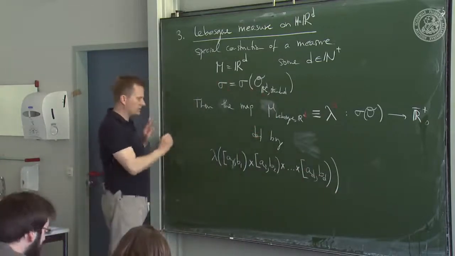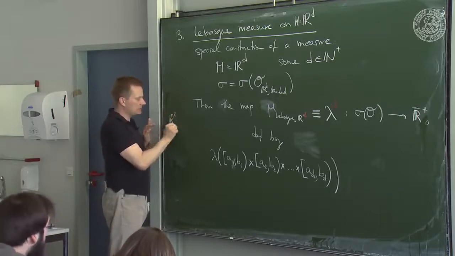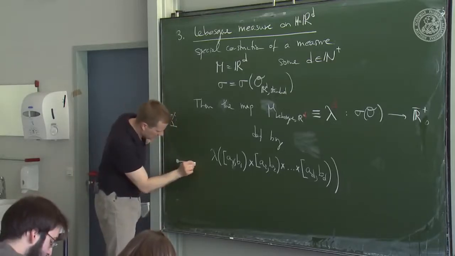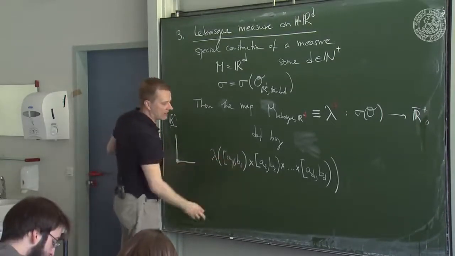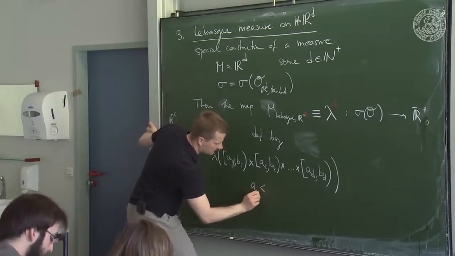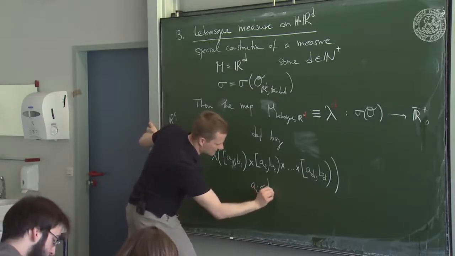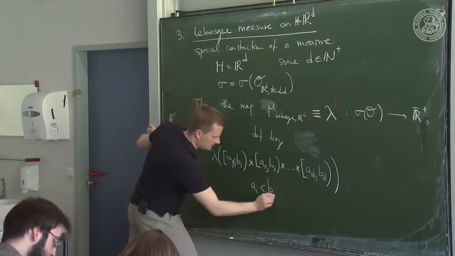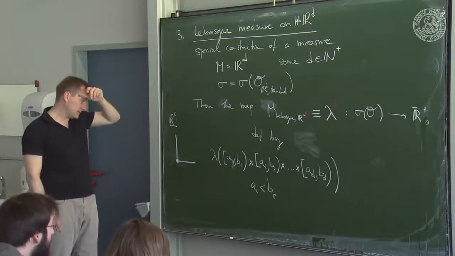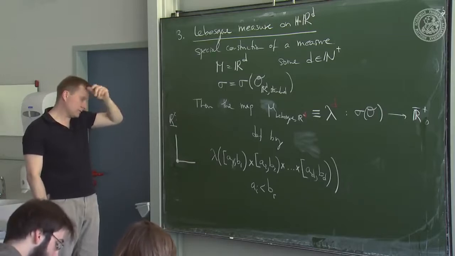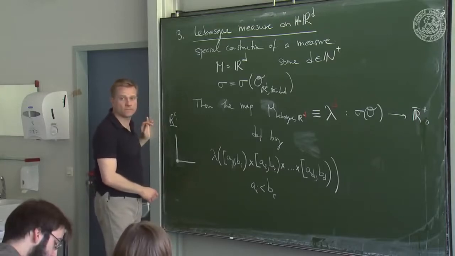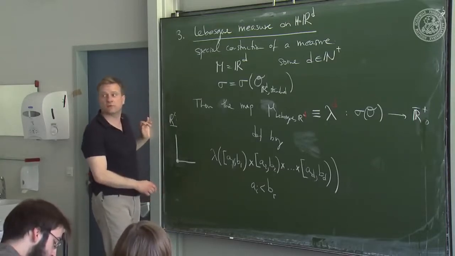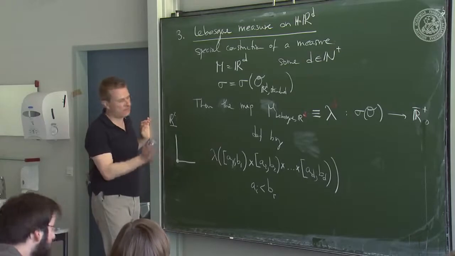It's not difficult to see what that looks like. In R^2, this would be an A, every A_i less or equal, less than B_i, equal is bad. Well, yeah, well, could be equal as an empty set. You don't know what I'm going to write. It could be equal, but then it's empty. Yeah, it's empty.